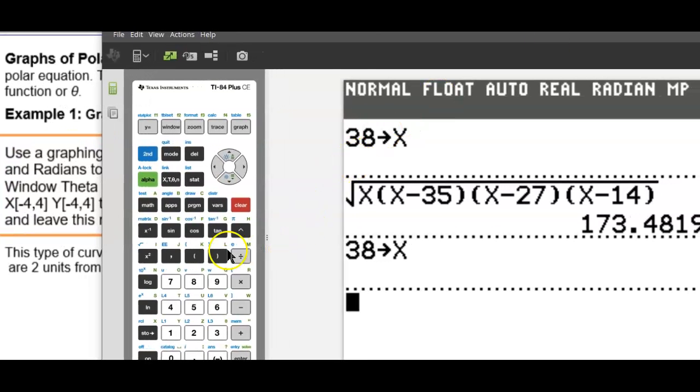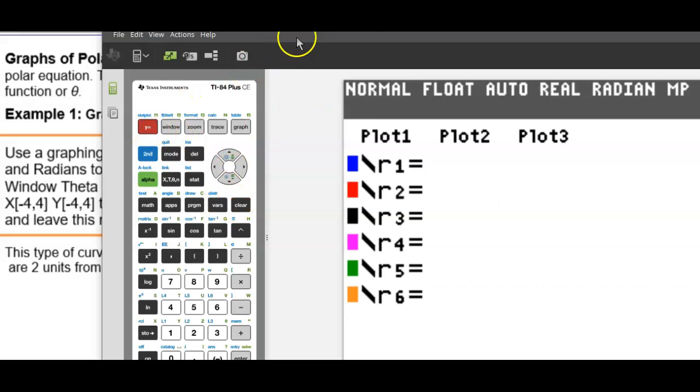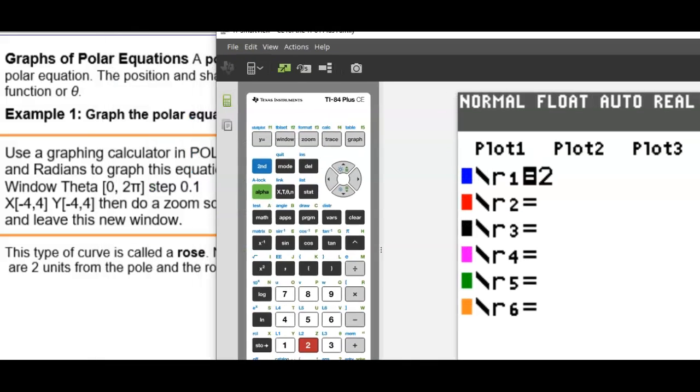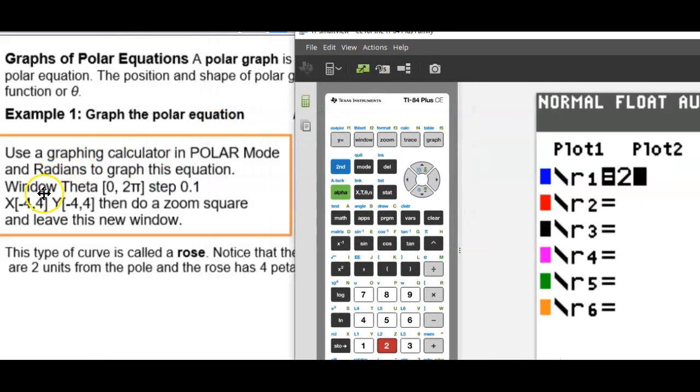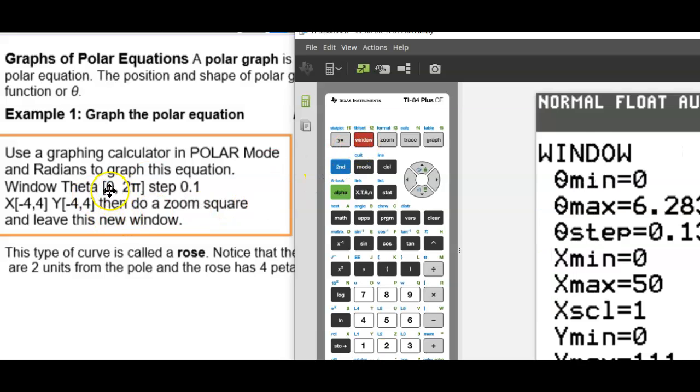Okay. But the question we have, look what happens when we go to y equals now. It's no longer a y equals, it's r equals. If we were to put r equals 2, it would just draw a circle of radius 2. But before we do that, I would like you to do what it says here. It says go to the window and change theta from 0 to 2 pi. So type 0, enter, and then go down and type 2 pi, enter,